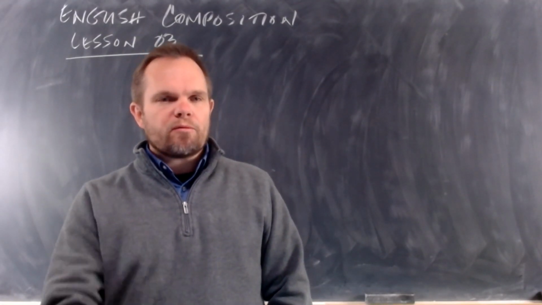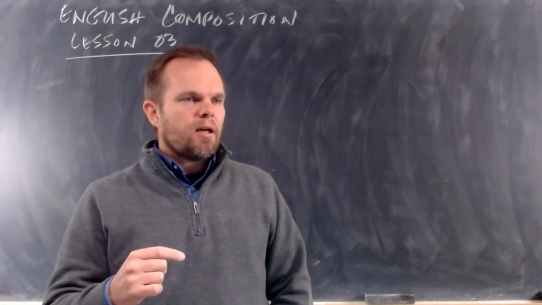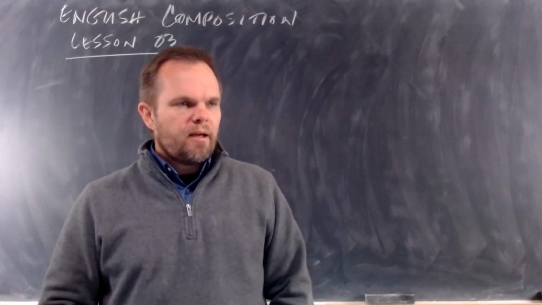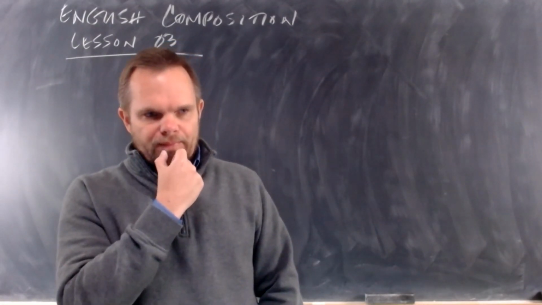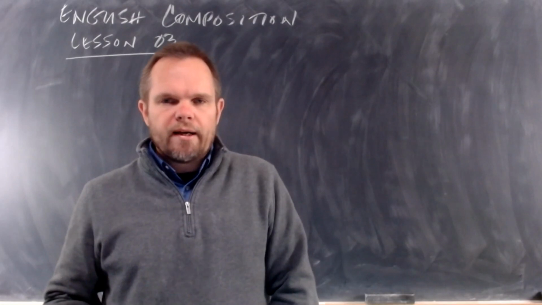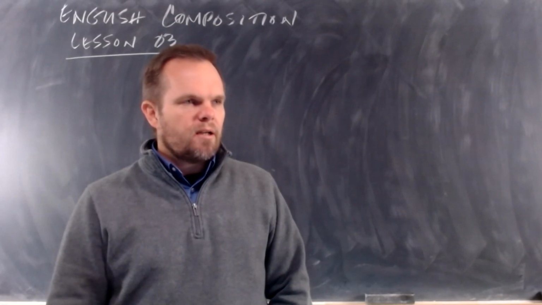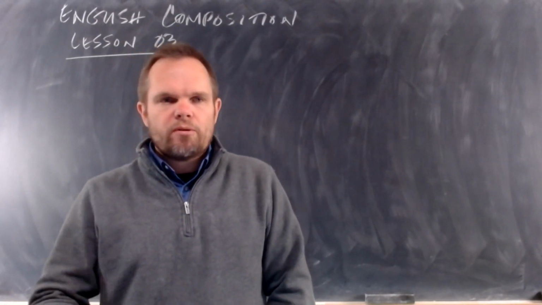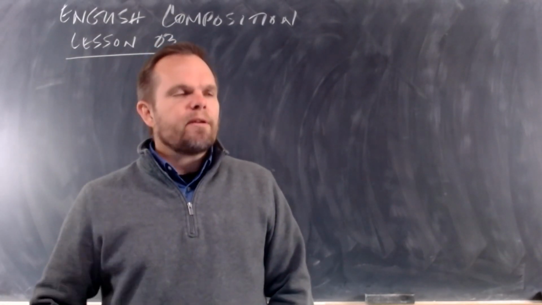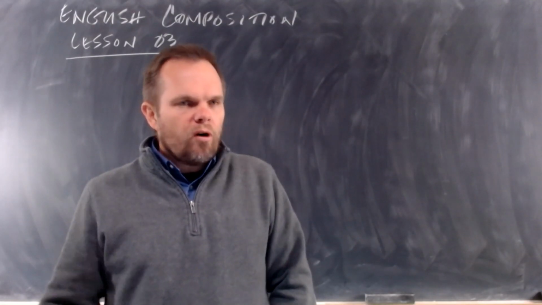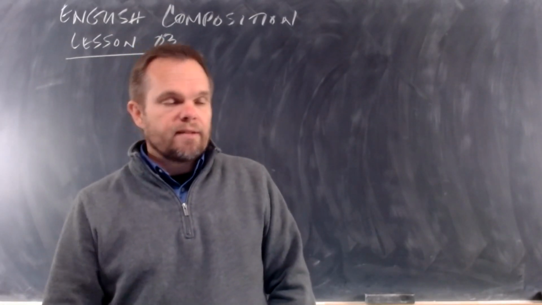When we actually write in real life, we write about topics that we're interested in. We write about topics that we know a lot about, and we write to people who we think are interested in what we have to write. And in school assignments, we don't do that. In school assignments, we're often asked to write about topics we don't know anything about, topics we're not interested in, and to an audience that we don't even know if they're interested in what we have to say. So everything about school writing is often wrong, and that's one of the reasons why students don't learn to write and don't like to write.